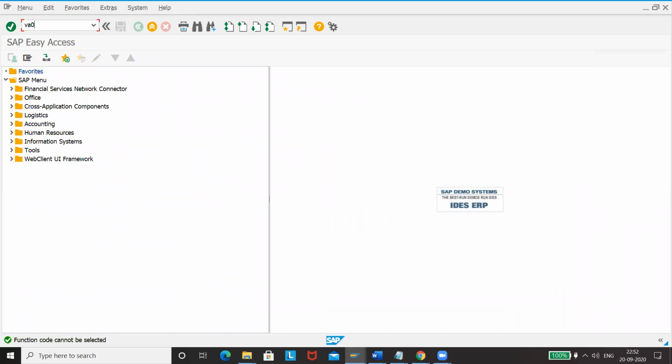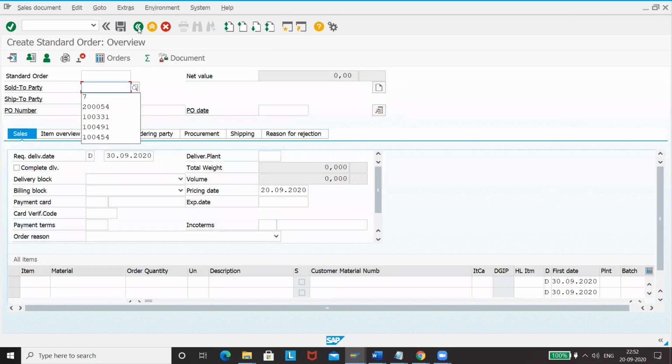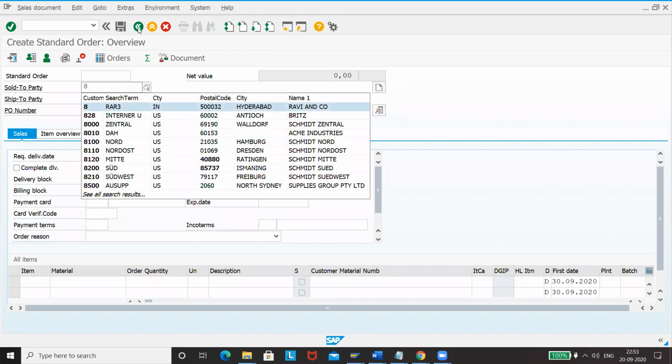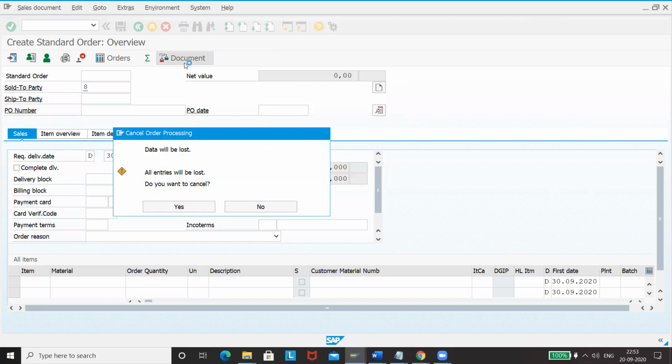So first one is VA01. Just have to go to VA01, give order type OR, sales organization, distribution channel, division. Click enter. Give customer number, and we'll see if we have maintained them correctly or not.